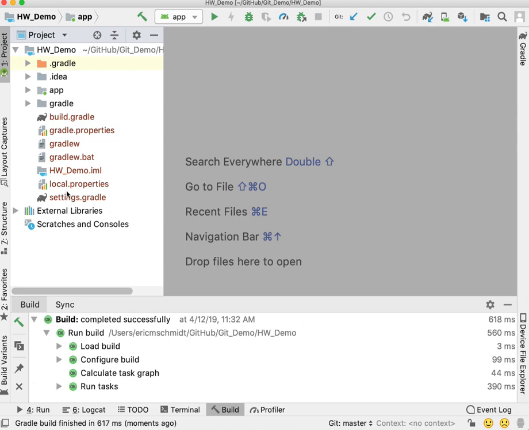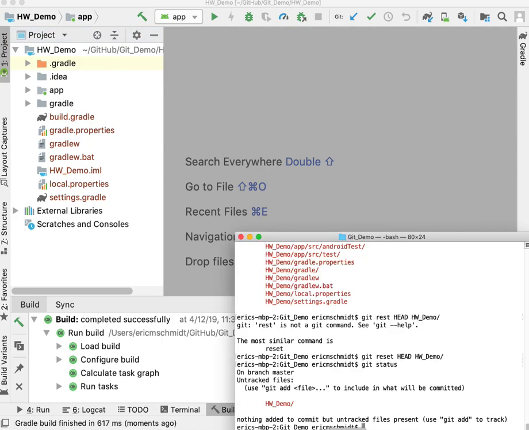Now you'll notice that we have all the project artifacts that we've discussed in class, so things like Gradle.properties and the IML files, and we've got a .idea and a .gradle folder, right? So we want to get rid of those things. So how I'm going to do this